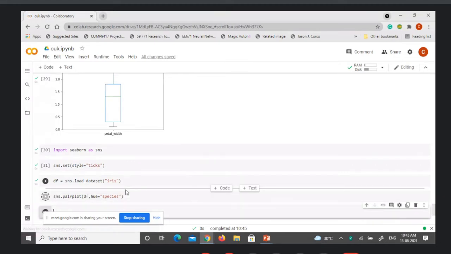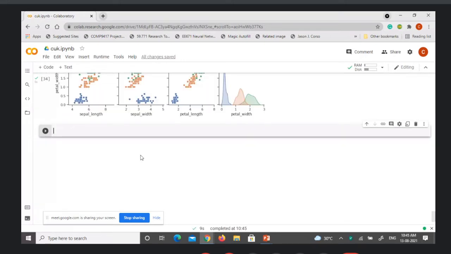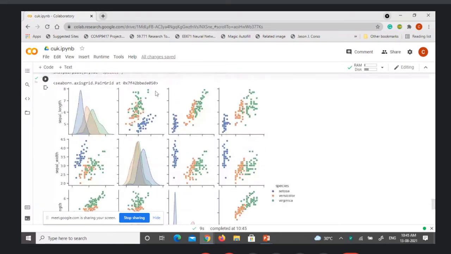If you do this, hue is equal to species, representing the category column. You will get a big graph like this.